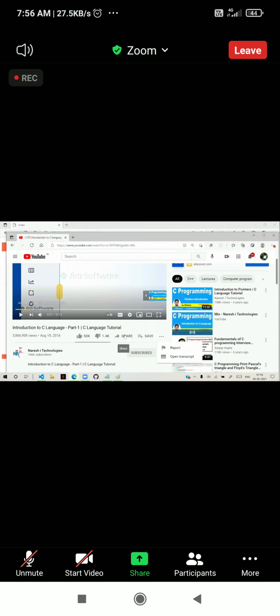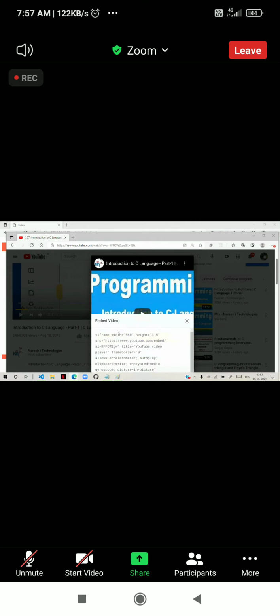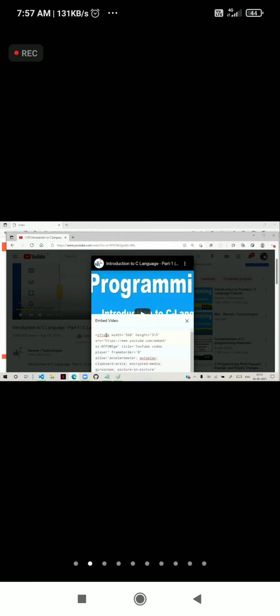When I click on the share option, you can see they have embed. When I click on embed, you can see that they give an iframe, and this is actually the embed code. This is the embed link. They are also using iframe only.